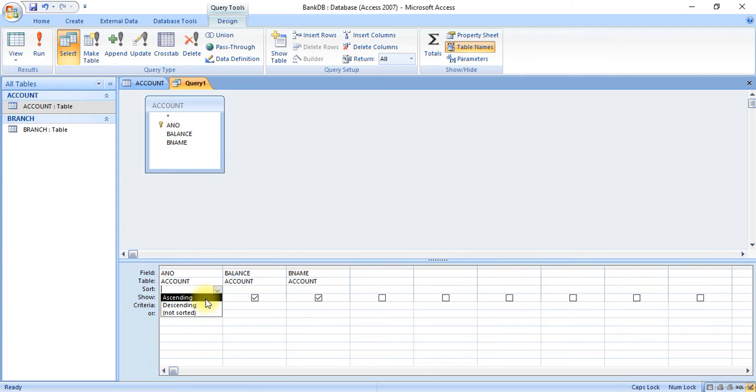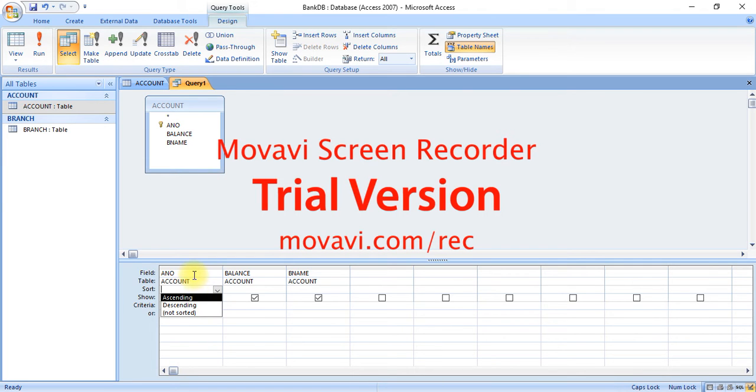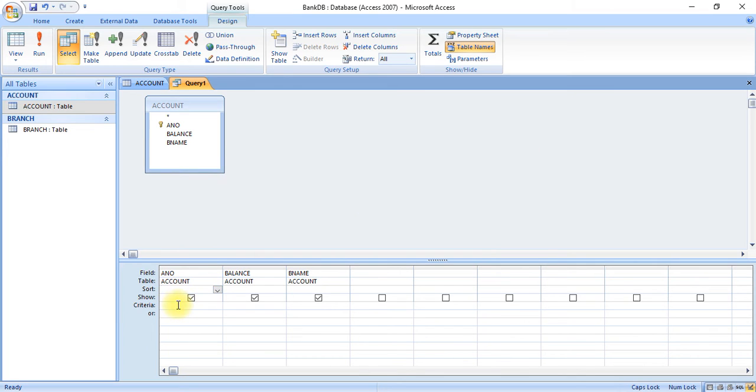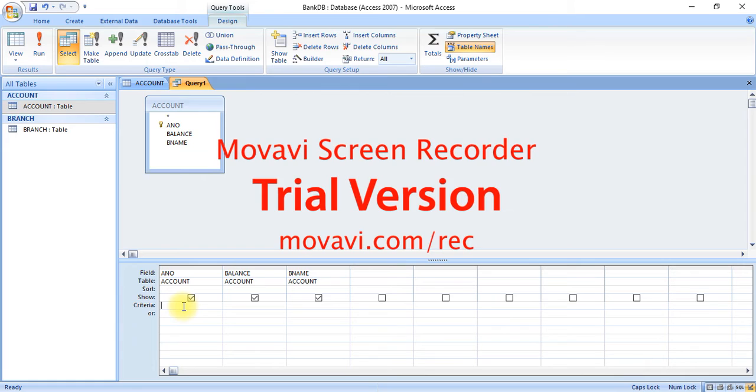You can display ascending order or descending order based on this field. Similarly, you can set this ordering for different fields. Currently, we are not providing any criteria or any condition. We only want to display all the records of this account table.